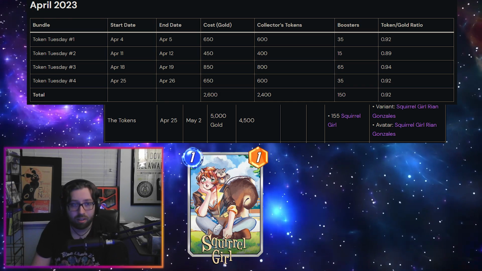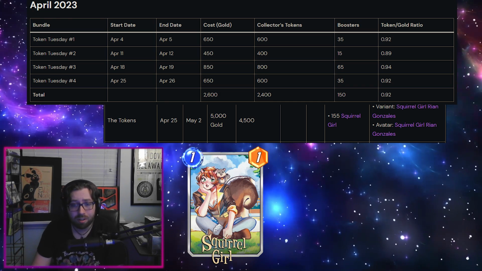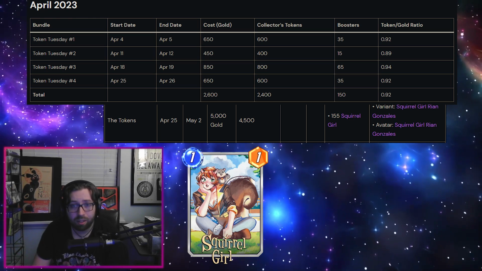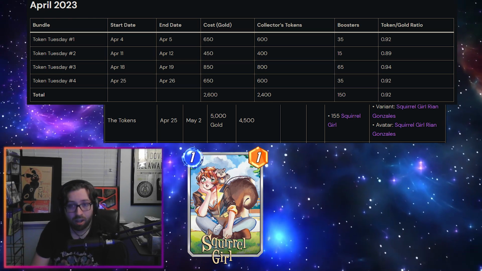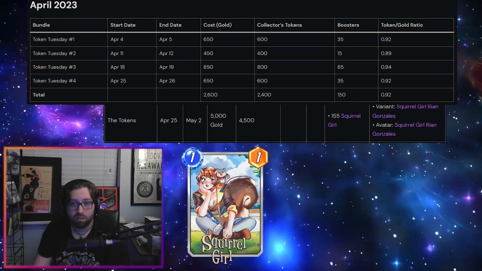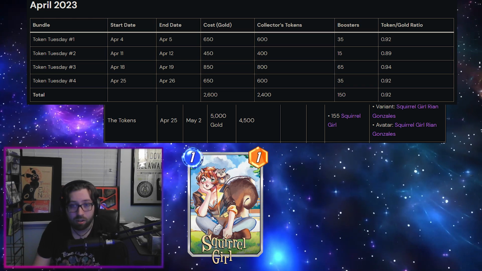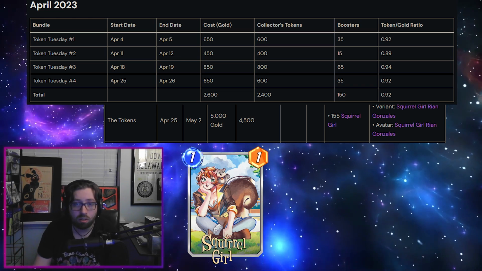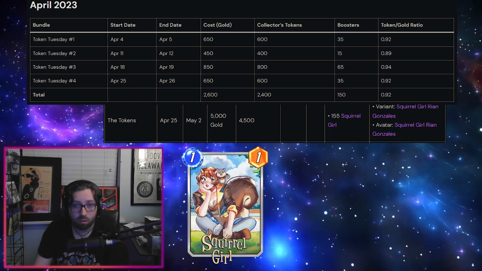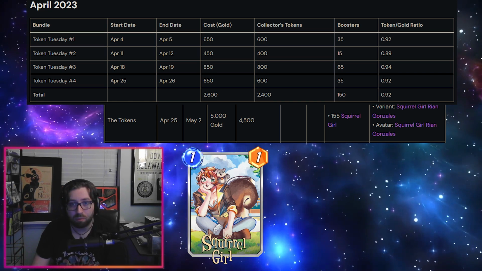So I generally think that these token bundles are more aimed at players who are either Series 3 complete or players who have a decent amount of cards acquired in Series 3 to where they have a few decks together, but they're still missing a crucial Pool 4 or Pool 5 card to try out a new deck or really enhance one of their existing decks. Now that you can no longer purchase Pool 3 cards with tokens, I do think tokens have a bit less value for early Pool 3 players